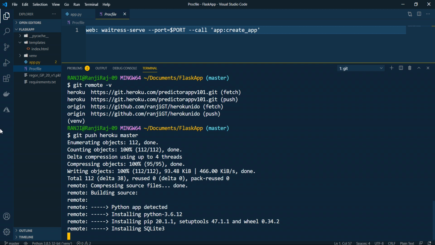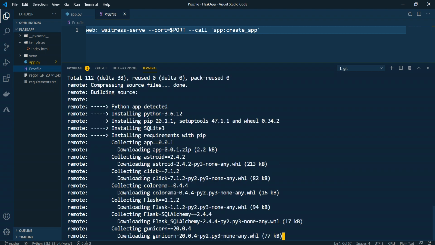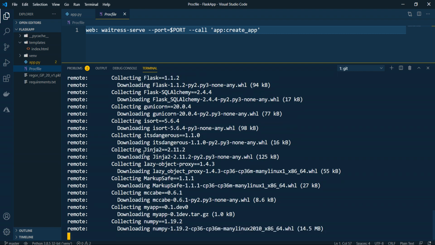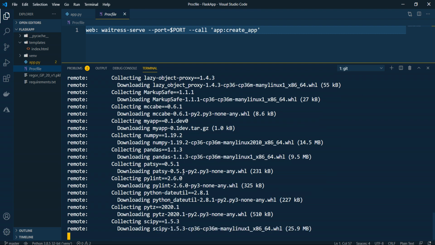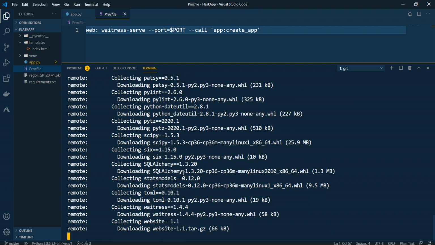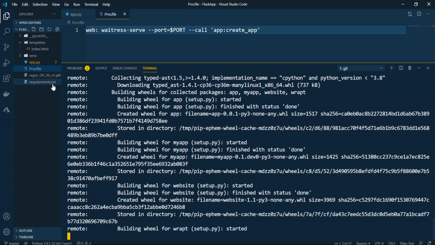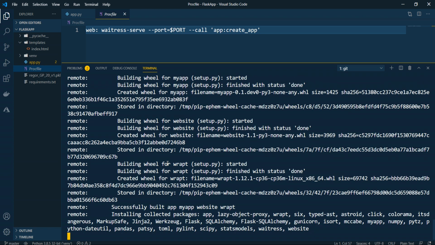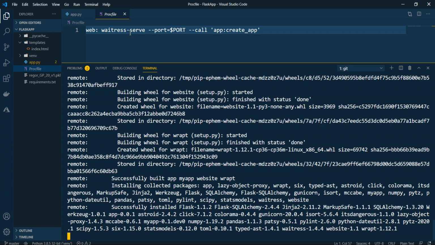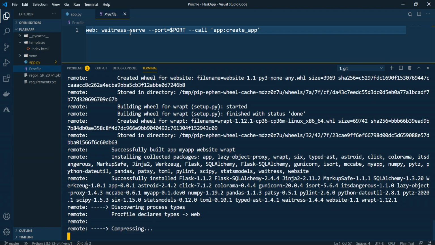That's why this requirements file is a very crucial file. You can see the different packages it is installing for your application to be hosted on Heroku. That's why I said requirements.txt is one important file. Once everything is perfect, or if it does not find anything, then somewhere in the logs you can see there will be some errors thrown. So make sure every package is installed, and then finally you can freeze your requirements.